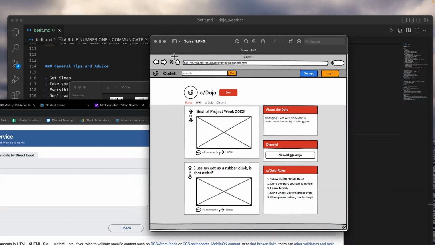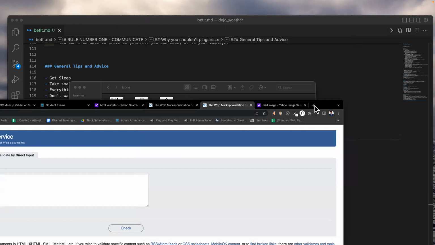By the way, this is a tool called Balsamiq. You can create your own wireframes in the future when you're creating projects and you'd like to create a visual image that you're trying to copy in HTML and CSS. You can do that using this program, Balsamiq, spelled like this.